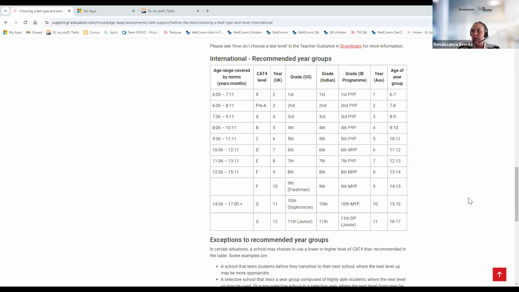Okay, I think we've got time for just one more. We've got one here that says, can CAT4 results be used to inform individualised education plans, IEPs, or other forms of specialised instruction? Absolutely, it's a measure of general ability, and it's a recognised standardised measure of general ability. But for more information on that, I would explore the guidance on our website about what can and can't be used in different